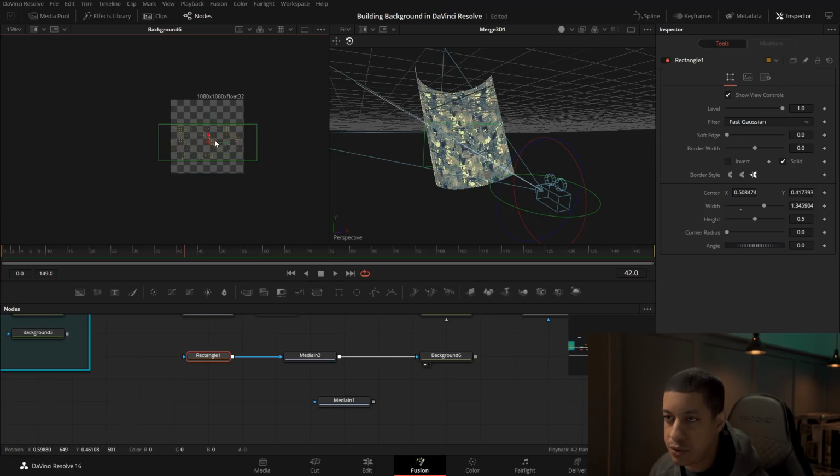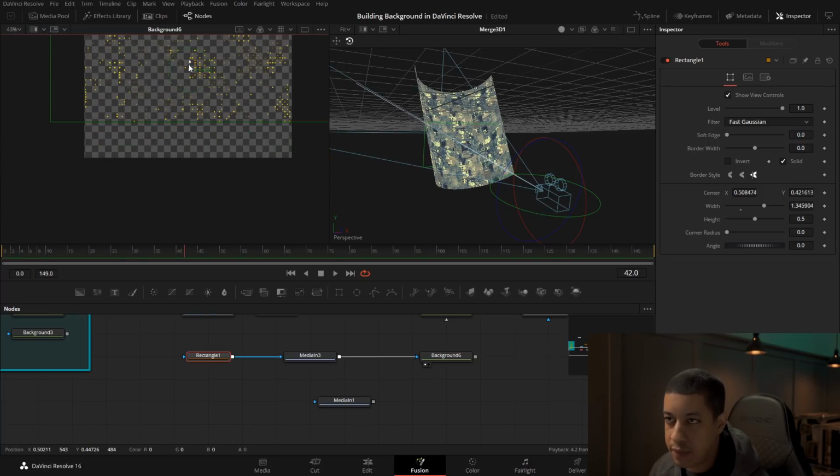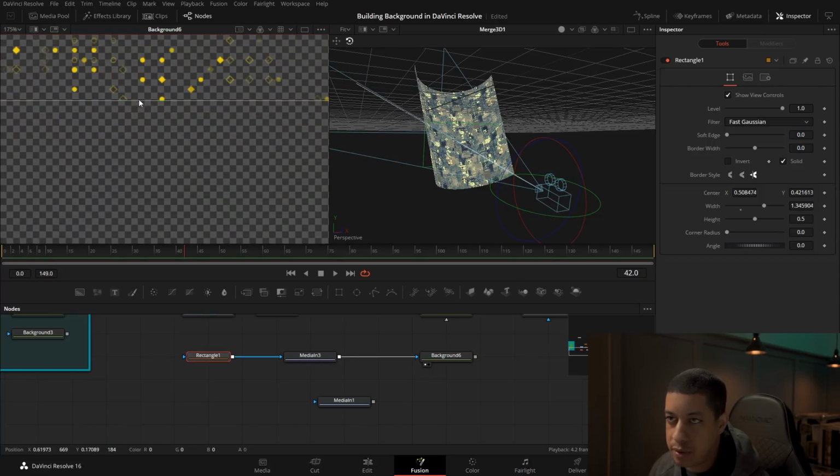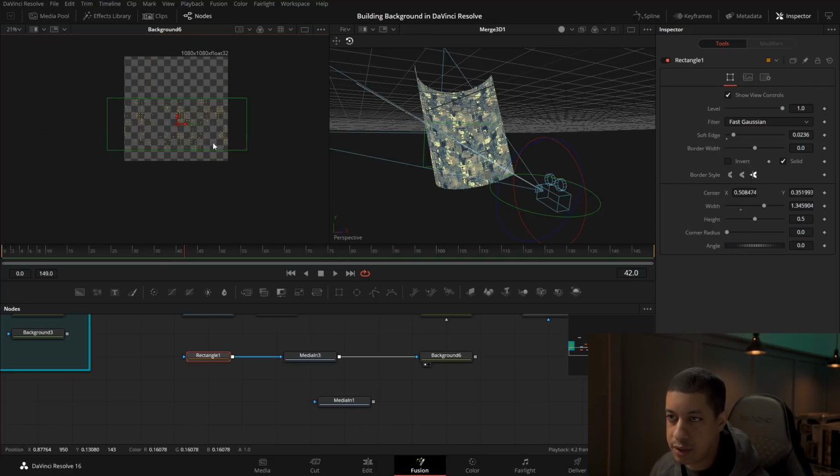And I'm also going to do soft edges. So right now it's really sharp. If I was to have it go right in the middle, it's going to be a really sharp edge here. What you can do is just soft edge this out. So it'll be like they're turning on and off, something like that. So I'm just going to bring it down and bring it to the edge here.